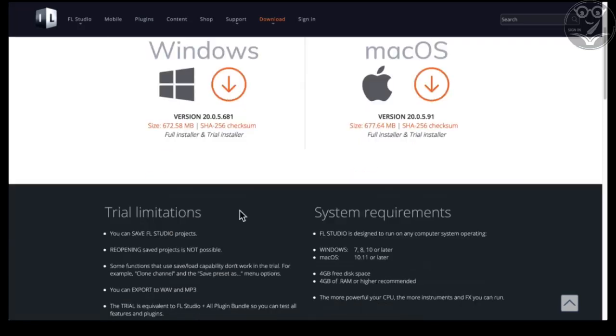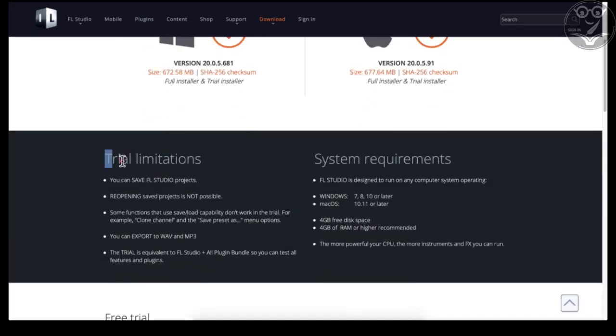When you do that, you can do everything, but there are some trial limitations here. As you can see, you can save FL Studio projects, so you can do that. But reopening a saved project is not possible. Some functions that use save load capability don't work in the trial. For example, clone channels and the save preset as menu options. You can export to WAV and MP3 files. So basically you can create a project, you can create a full track, and then you can export it to